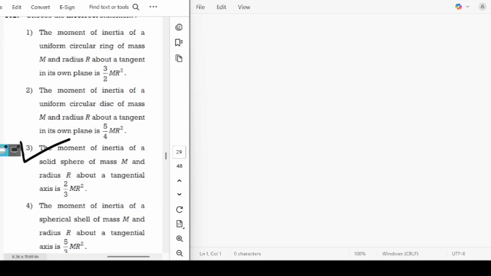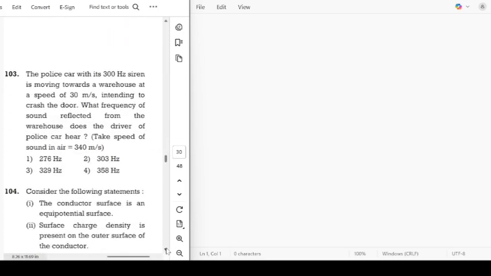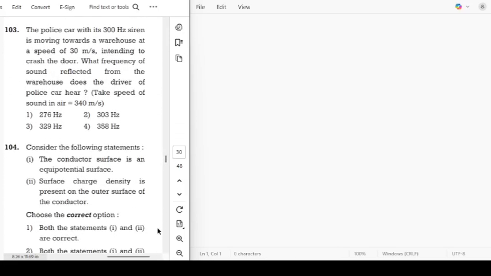Now we move on to our next question. In our next question, a police car with its 300 hertz siren is moving toward a warehouse at a speed of 30 meter per second, intending to cross the door. What frequency of the sound reflected from the warehouse does the driver of the police car hear if speed of sound is